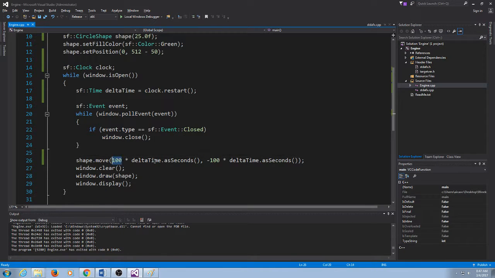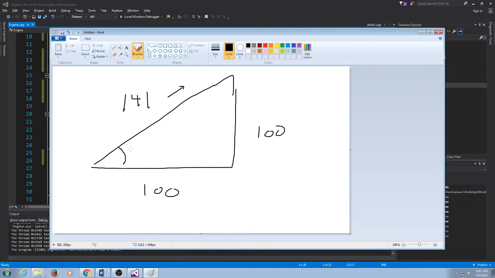So how do I get this thing to move at 100 pixels per second in a diagonal direction if I know that this angle is 45? SOHCAHTOA, right? So what do I take to actually get the x and y component of this? If I want to move this at 100 instead of 141, what I do is, if I know that my opposite here, and this is my adjacent,